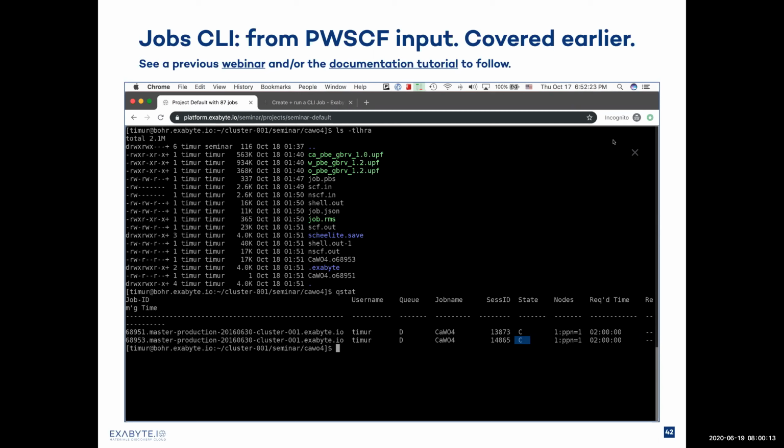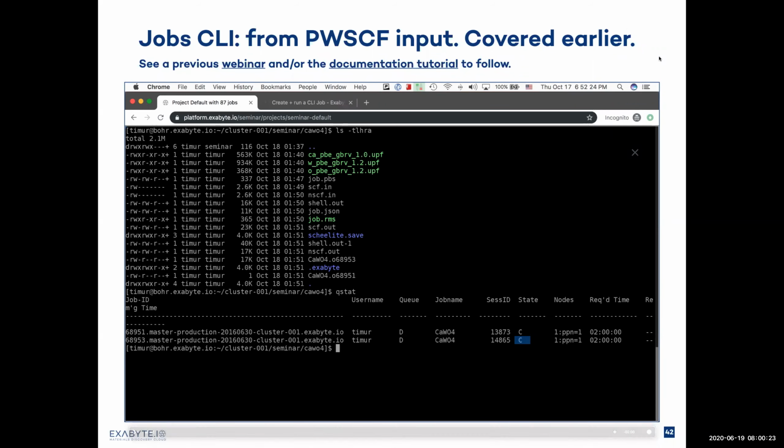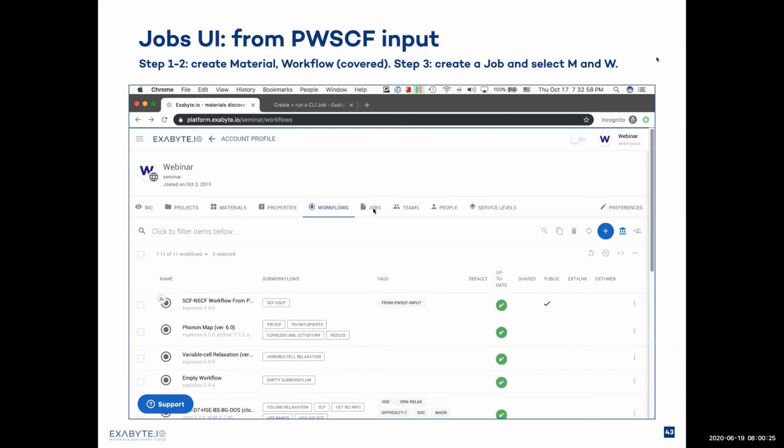This topic was covered earlier in one of the prior webinars on the topic, so I'll omit it today. But you can watch the recordings and see how it can be done in more detail. I will focus on working with our web interface and reusing the materials and workflow information that we just created